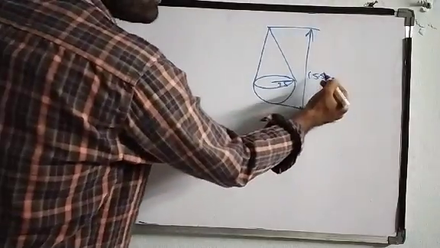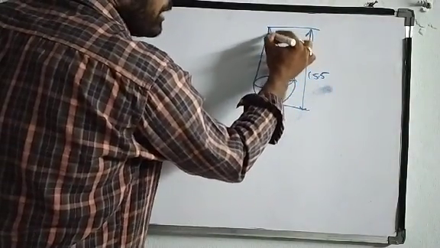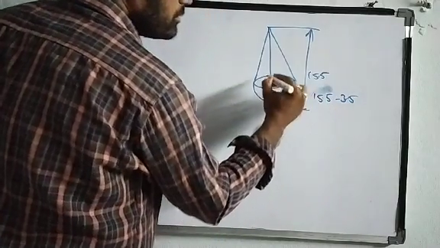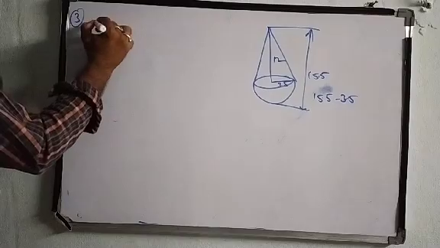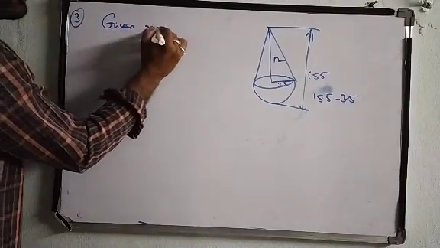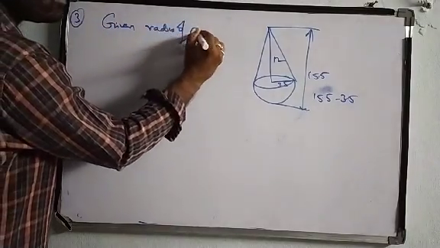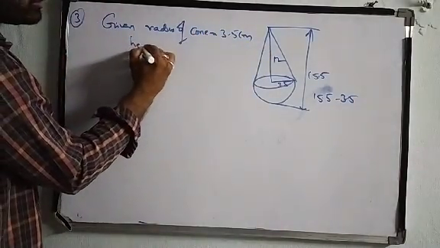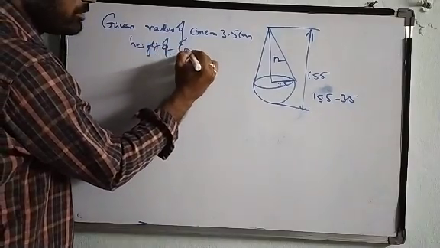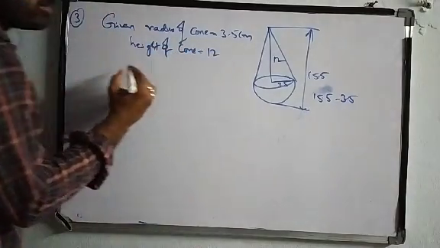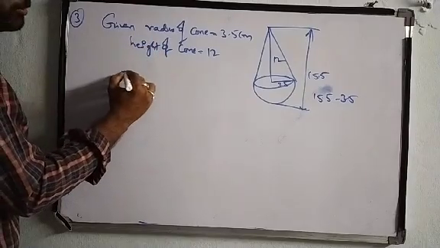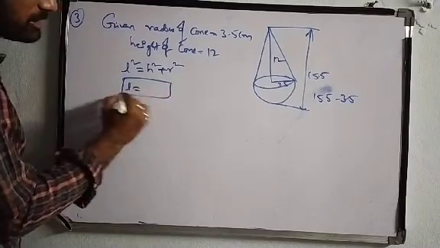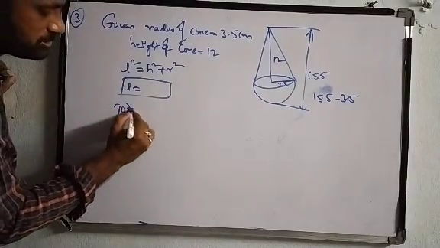So total height of the toy is 15.5 centimeter. So the height of the cone will be 15.5 minus 3.5, which is 12 centimeter. So he is asking total surface area. So given radius of cone, which is 3.5 centimeter, height of the cone 12 centimeter. So we need to find out slant height. L square is equal to h square plus r square. Here we are going to get slant height value and total surface area of toy,